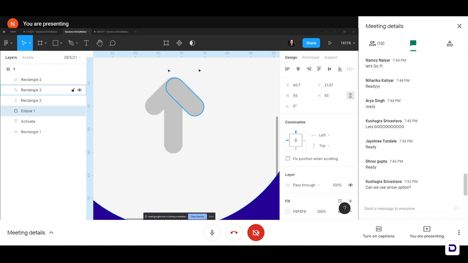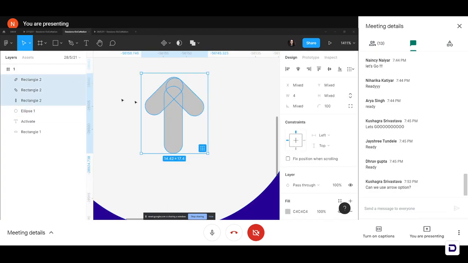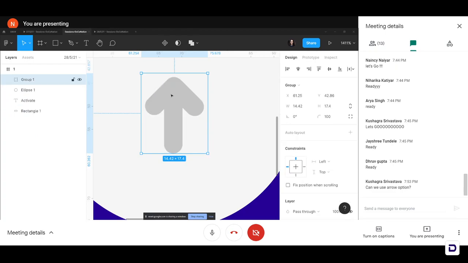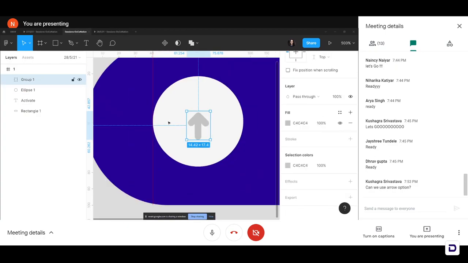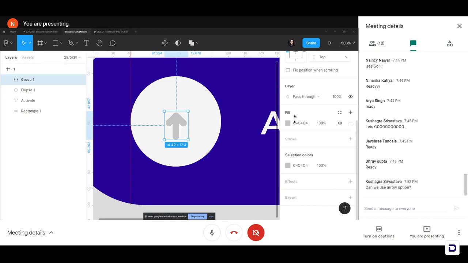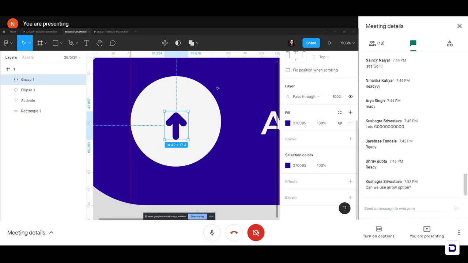Okay, great. So I'm going to select all these 3 rectangles and group them together. To group, I will select one, press Shift on my keyboard and select the other 2, and press Control G on my keyboard to group them. I will head over to my properties panel and change the color of it to the background purple color that I've used. Under the fill section, I will choose this little box, click on my color picker, and drag to the color of the background purple. So now my arrow is purple.